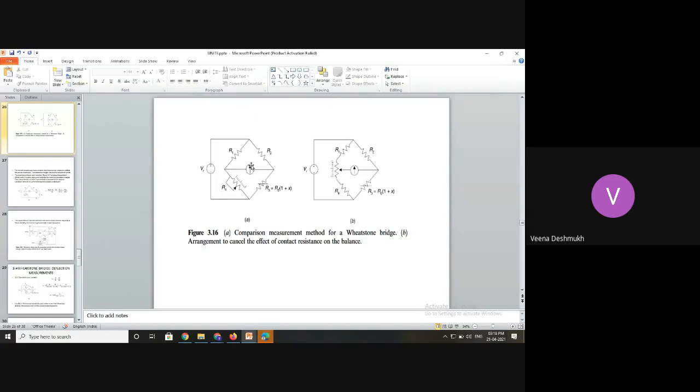This senses very low value resistance change as well. So this is a very sensitive device, and if all these resistors are highly lead compensated ones or good precision resistors,